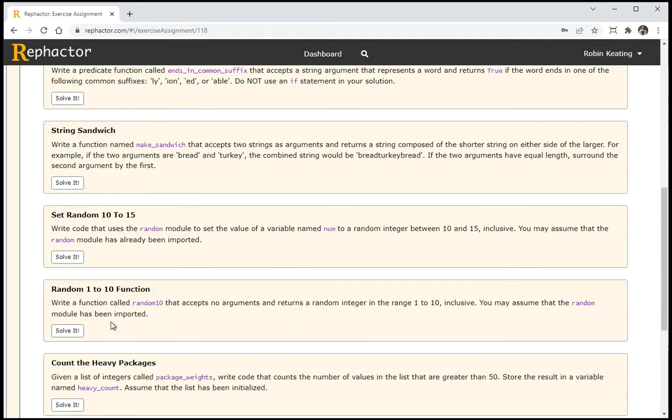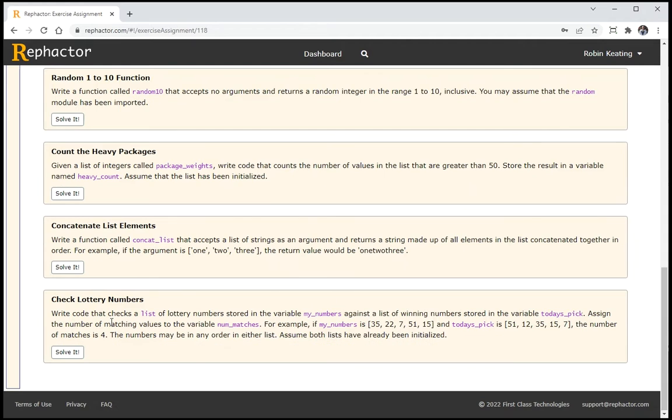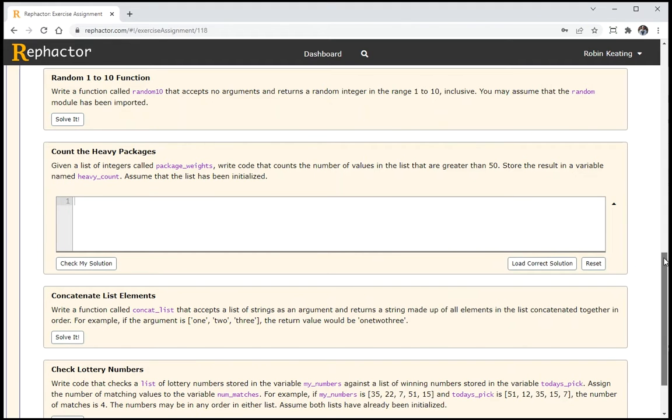A programming exercise consists of a short description that directs a student to write a few lines of code, or a function, or even a full class. This one, for instance, has the student write code that counts the number of values in a list that are greater than 50. I'll press the Solve It button, which opens up a small editor into which the student can